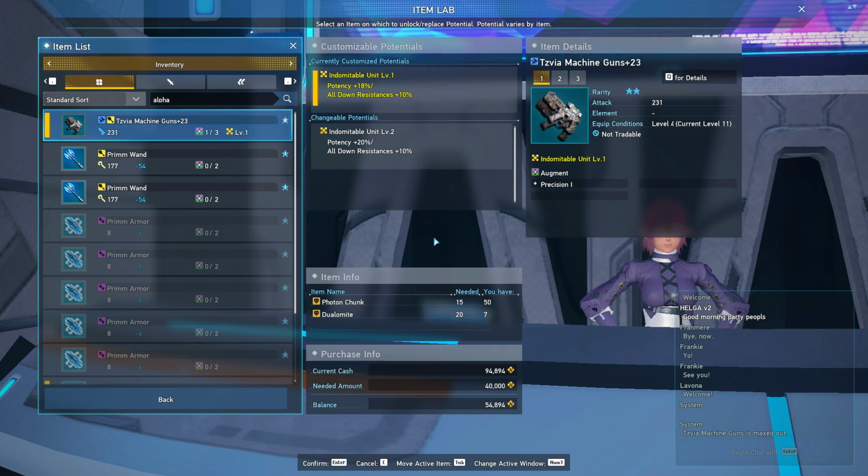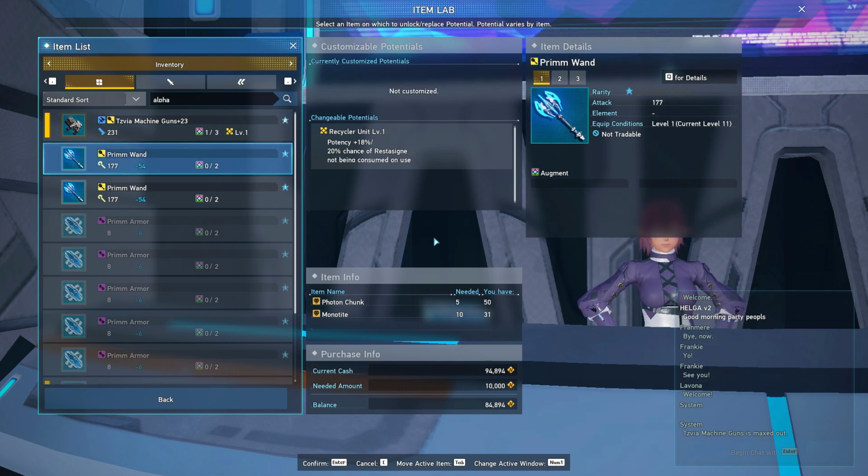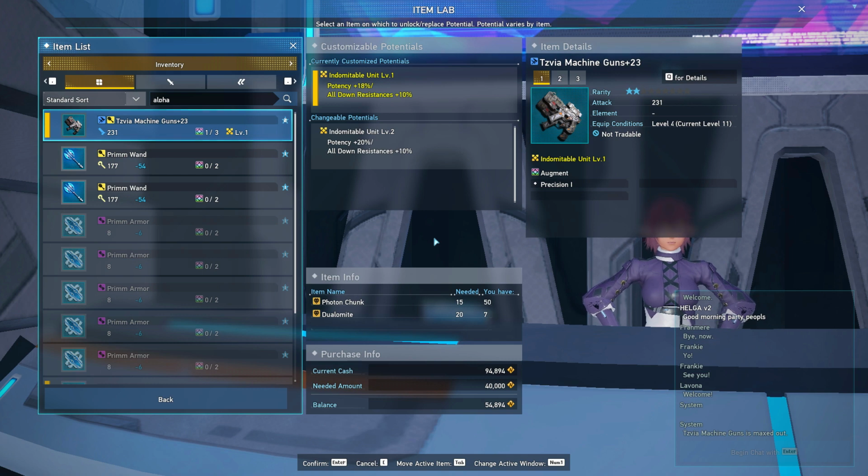Now, Unlocking Potential. This is going to be your first big damage boost. For Svea weapons, you get all down resistances plus 10 and 18% potency. Potency has to do with damage increase, so you're going to get an immediate 18%, and that is huge. Your damage is going to skyrocket. For Prim weapons, you get the same potency, but instead of having that all down resistances, which I'm not exactly sure what it is,